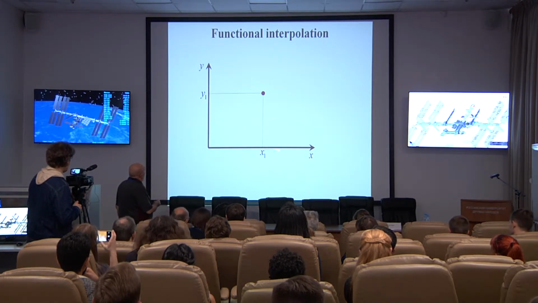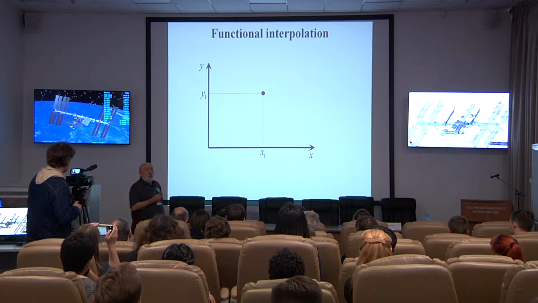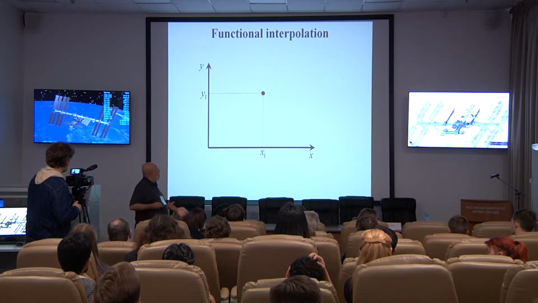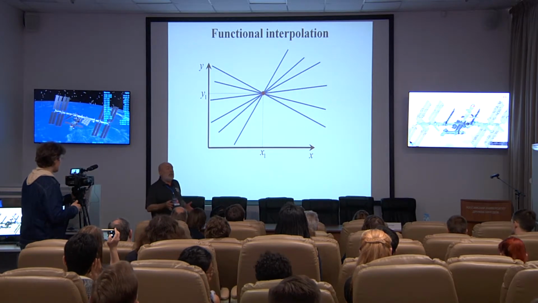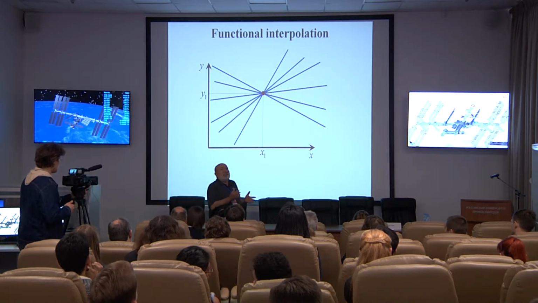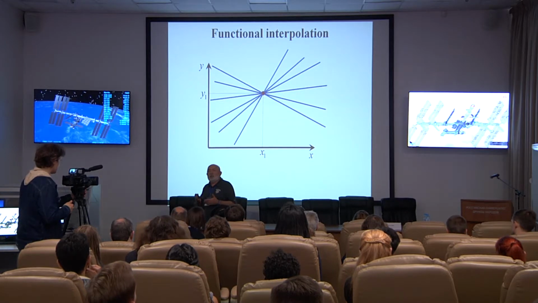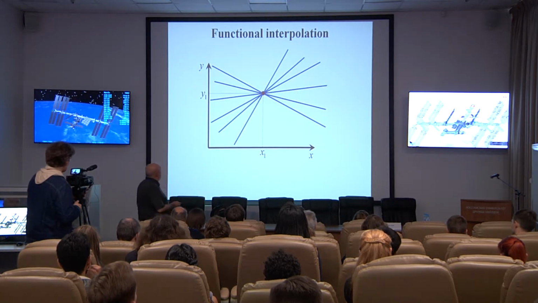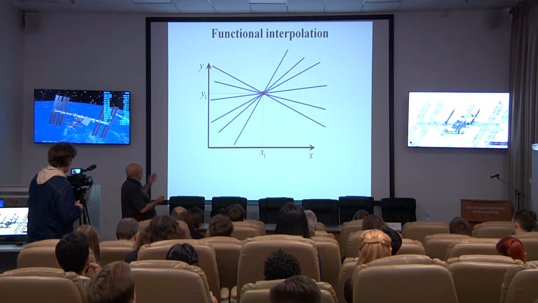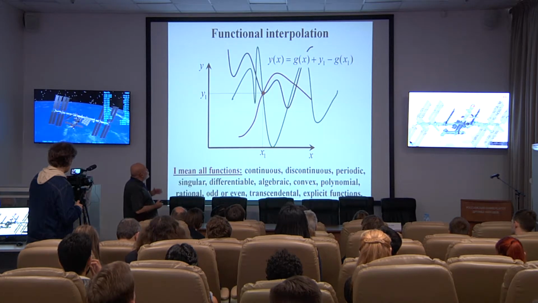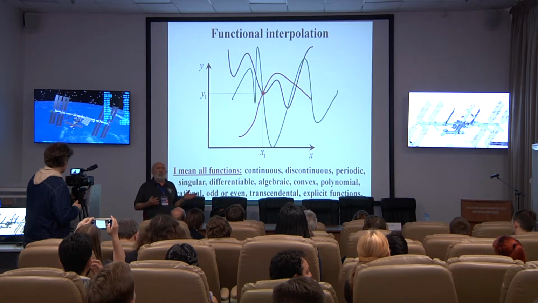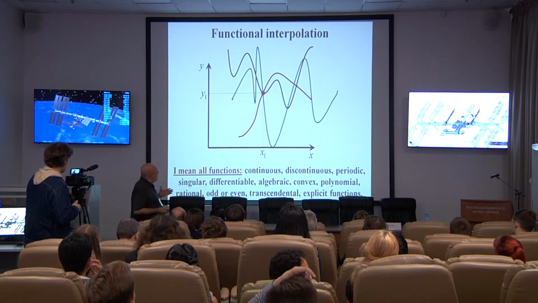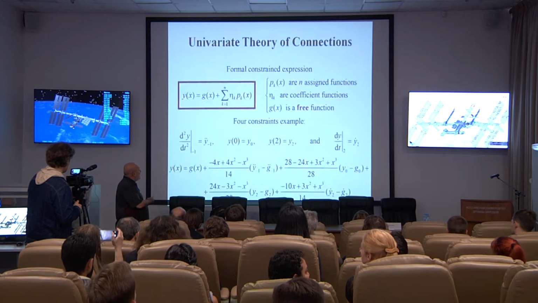Suppose that you have a point on a plane. Everybody knows how to write all the lines passing through this point. This means that you select a class of functions, for instance, the lines, monomials, that pass through this point. So what the theory of connection wants to do is to write down all possible functions passing through the point. And by all functions, I mean continuous,